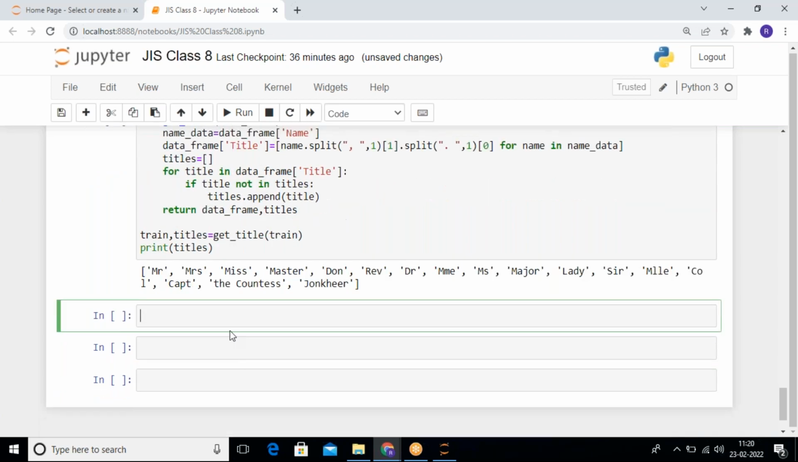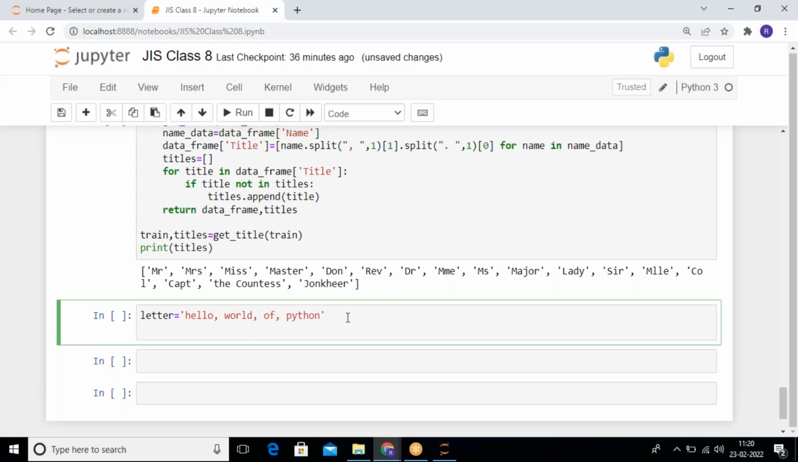I will take one. Let us suppose, hello world. Okay, hello world of Python. Hello world of Python. Okay. Now, if I write here print